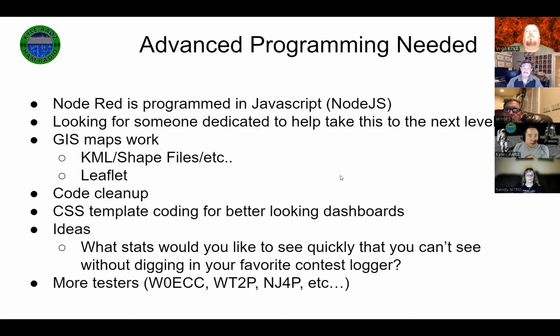And also, I'm looking for some help. Like I said, I'm not a programmer, but I have all of these visions and things that I'd like to do, but I just don't have the knowledge and the know-how to do them. So if you know anybody or anything in the GIS world, in JavaScript, like shapefiles, Leaflet, CSS, I'd love to talk to you and bounce some ideas off you,